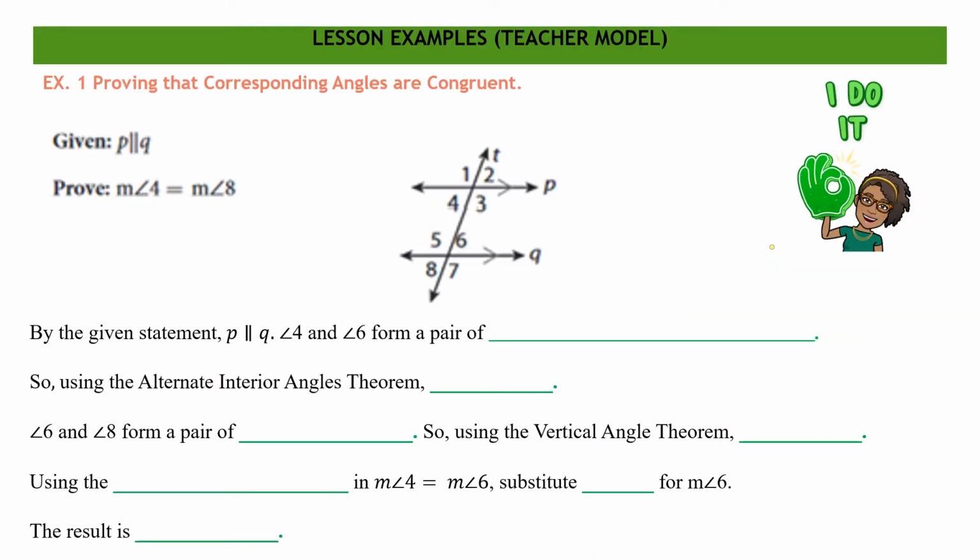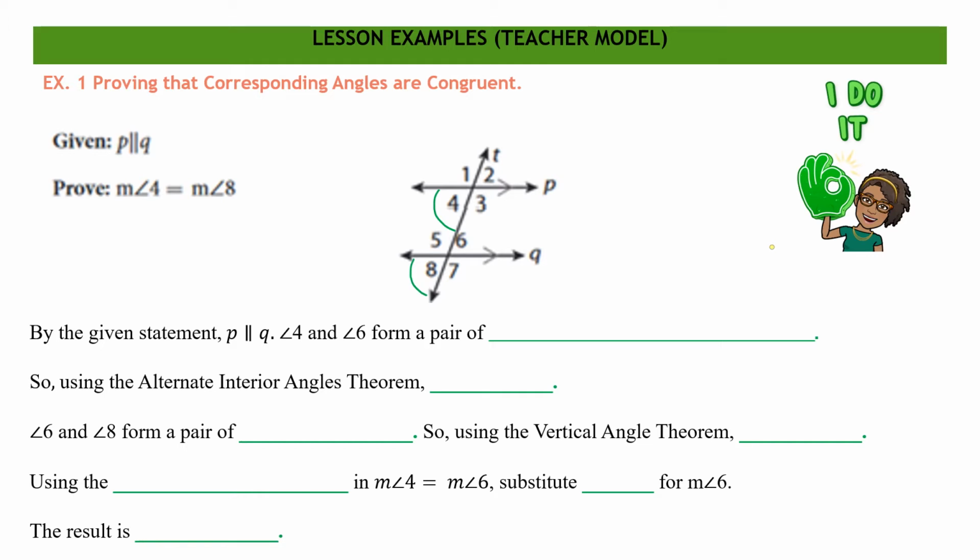It states that we want to prove that corresponding angles are congruent. So they give us that lines P and Q are parallel, and they want us to prove that the measures of angle 4, which is right here, and angle 8, which is right here, are equal. So the first thing that we can identify is that given the statement P is parallel to Q, we can